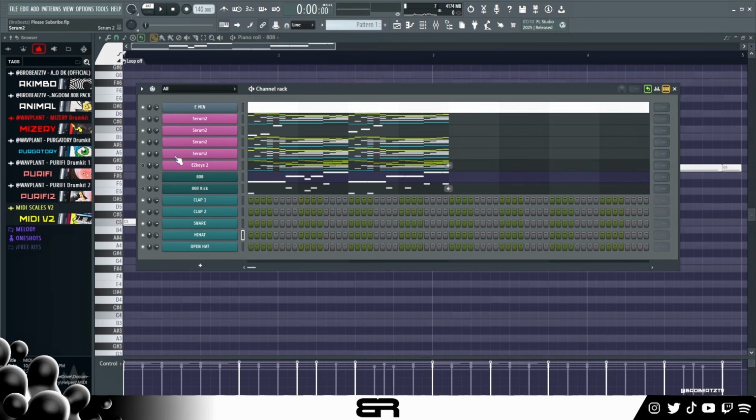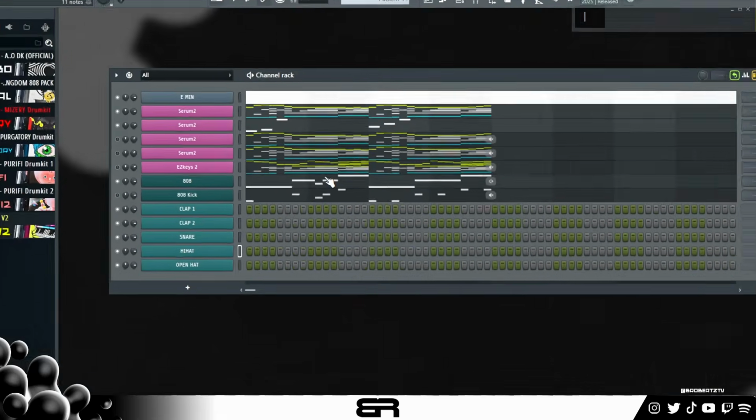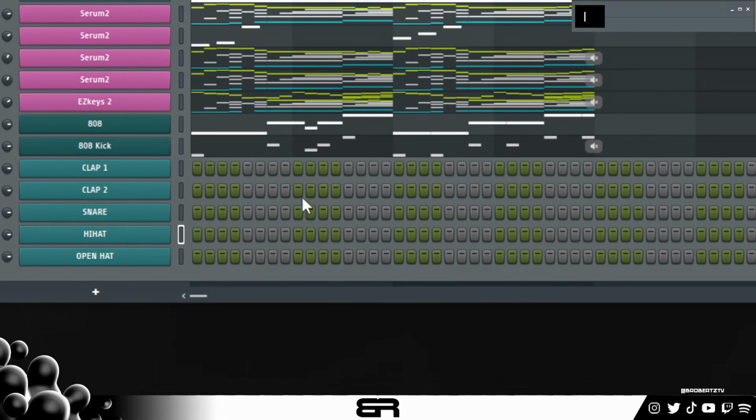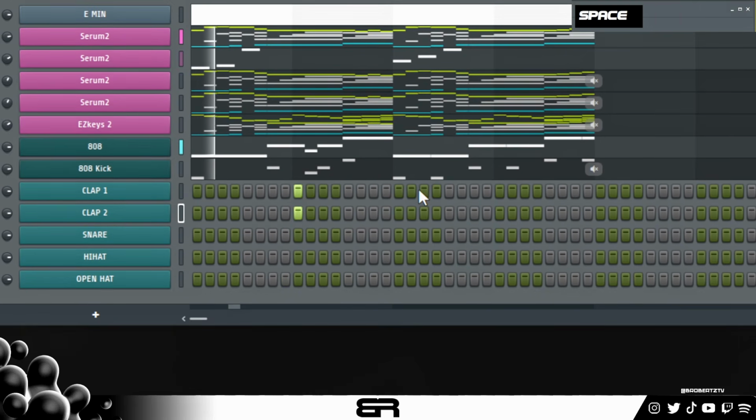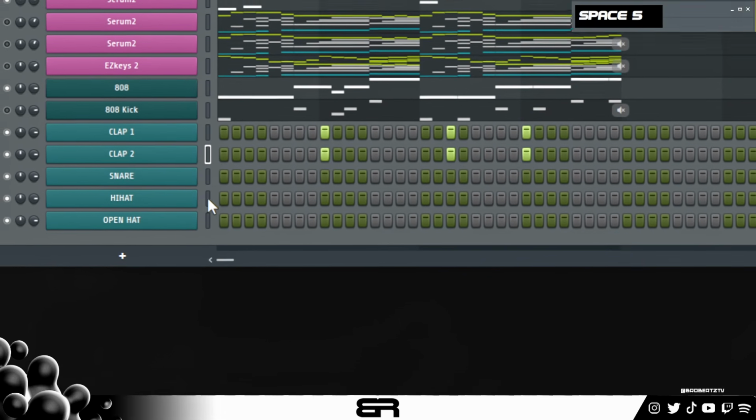All right, now I'm gonna turn some of these off just so we can kind of do the drums. And also I don't want to ruin the end because we also still need to add effects and stuff. So I don't want to be used to hearing this. So let's clean this up and then let's go ahead and add some of these drums in here. So we can go ahead and kind of do whatever we need. And then let's